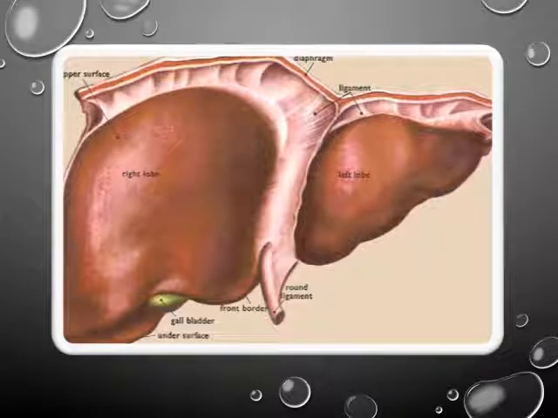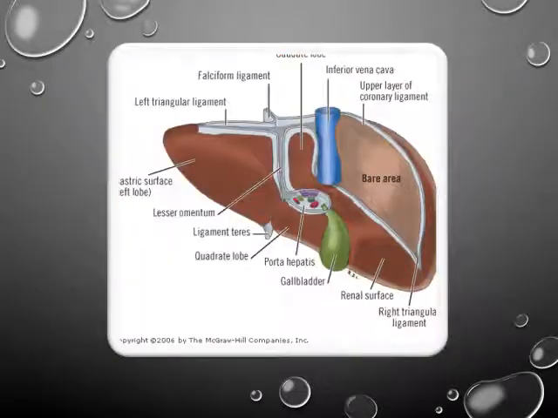Here in this diagram, you have to appreciate once again the attachment of the falciform ligament onto the anterior superior surface of the liver, diverging into a right superior layer of the coronary ligament here and onto the left lobe of the liver as the anterior layer of the left triangular ligament. Now in this picture, this picture is the posterior surface of the liver.